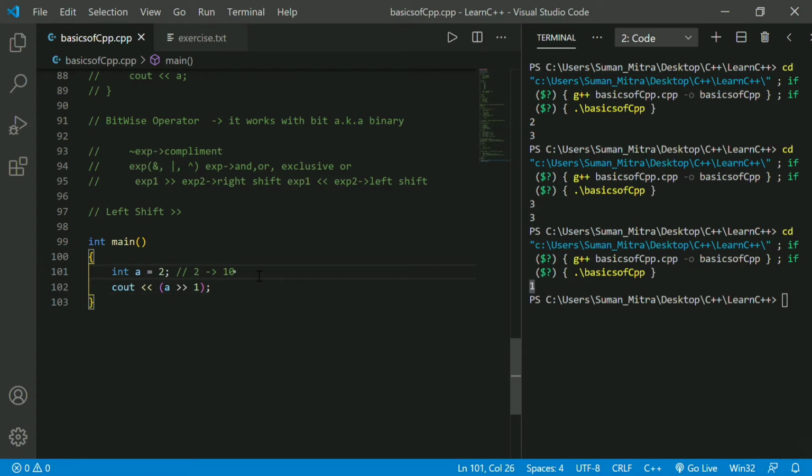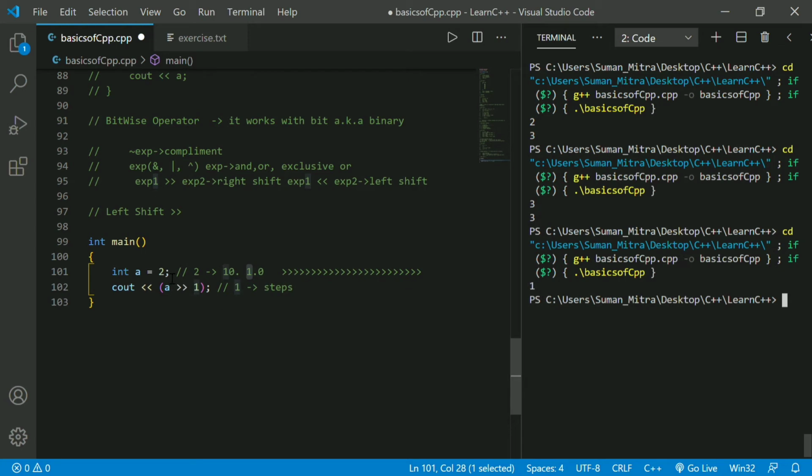Okay, let's understand it. We shifted it to the left side. Left side means it should move in this direction. If you take 10 and move one step in this direction, there is a point here. So if you go one step past the point, it becomes 1.0. I hope you are getting this. Here 1 means the number of steps, so one step. If this 0 goes one step this side, then it goes after the point. After the point, there is no value, so only 1 remains. That's why we get 1.